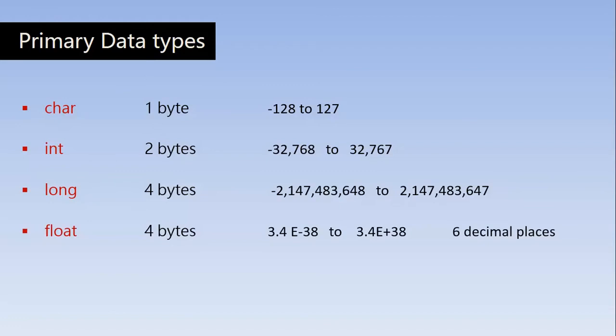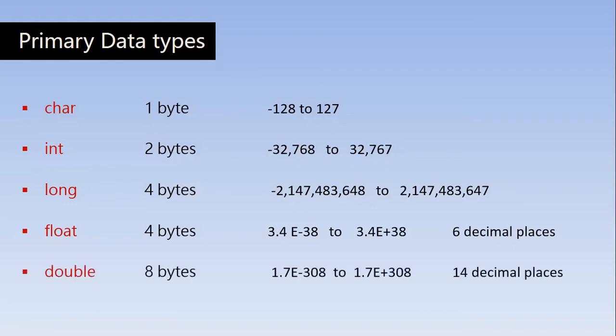And the float variable can have a number with the fractional part consisting of maximum 6 decimal places. And a double is also a type of float variable, but it can have 14 decimal places after the decimal point, and you can find out the range of a double variable. And there is one more data type called void, which is an empty data type, normally used with the functions or subprograms. It cannot be used along with the variables, but it represents the return type of the function where